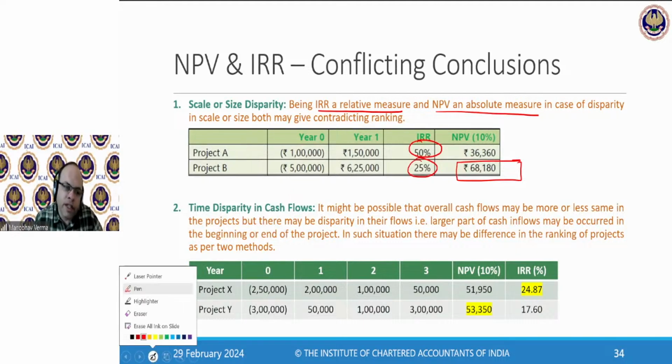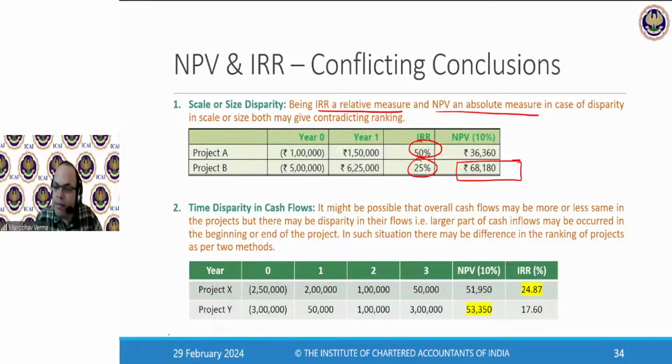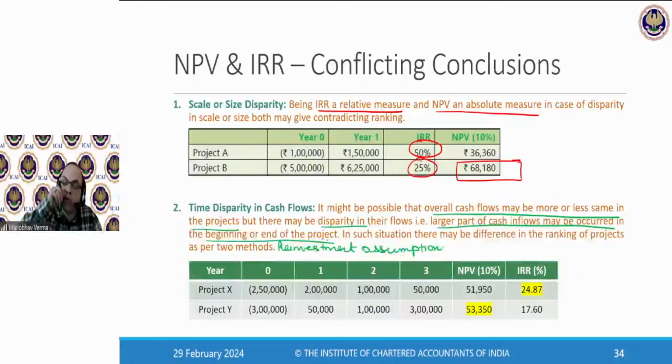Similarly, the point we were just discussing, which relates to the reinvestment assumption, we are talking about a situation where you will have some projects wherein there is more inflow in the earlier years. So that means the overall cash flows may be more or less similar in both the projects, but there could be a disparity in the timing. That means in one of the projects, higher cash flows could be in the earlier part of the project. If you see this example on my screen, project X and project Y